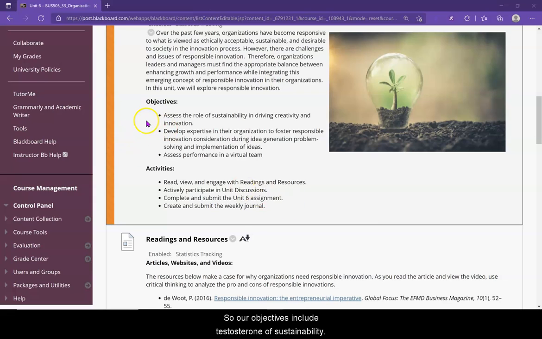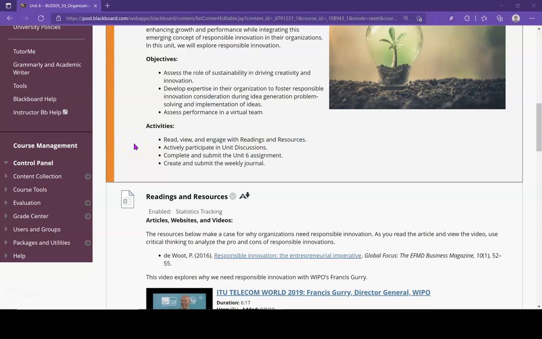So our objectives include to assess the role of sustainability in driving creativity and innovation, to develop expertise in their organization to foster responsible innovation, consideration during idea generation, problem solving, and implementation of ideas, and to assess performance in a virtual team. The activities we have for the unit are to read, view, and engage with readings and resources, to actively participate in the unit discussion, to complete and submit the Unit 6 assignment, and to create and submit